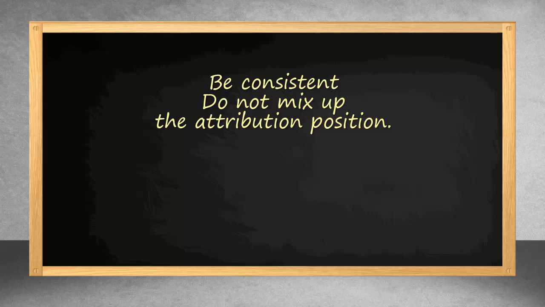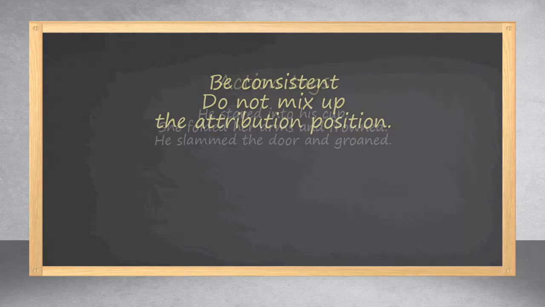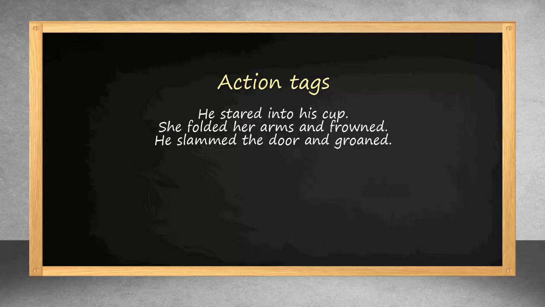Action tags are those words, phrases, or sentences that show the action that your character is taking. Because as you know, as we interact with one another, we don't just stand there with our arms limply at our side and have a conversation. Instead, we do things. We sit in the chair, we scoot to the edge of our chair, we cross our ankles, we fold our hands, we pull on our ear, we scratch our head, we pick up our coffee cup. We do different things.